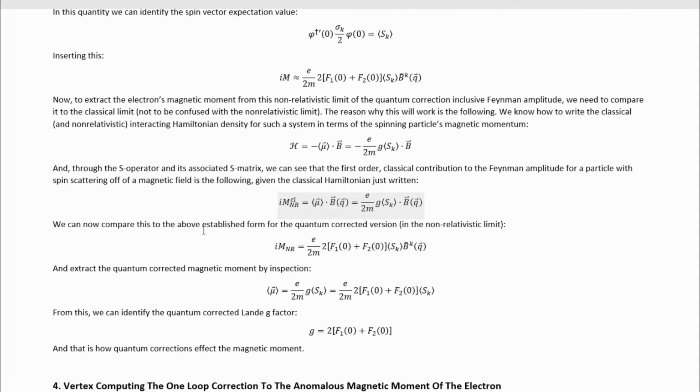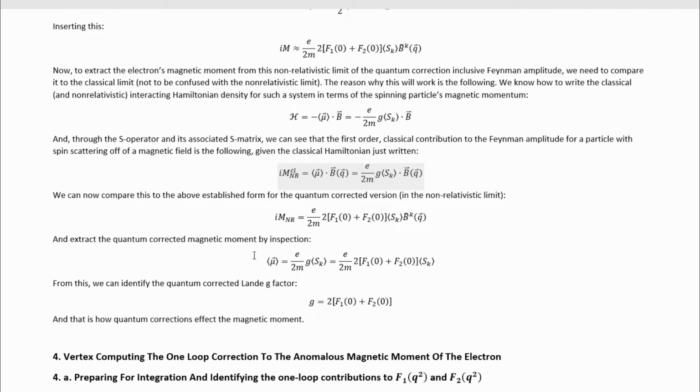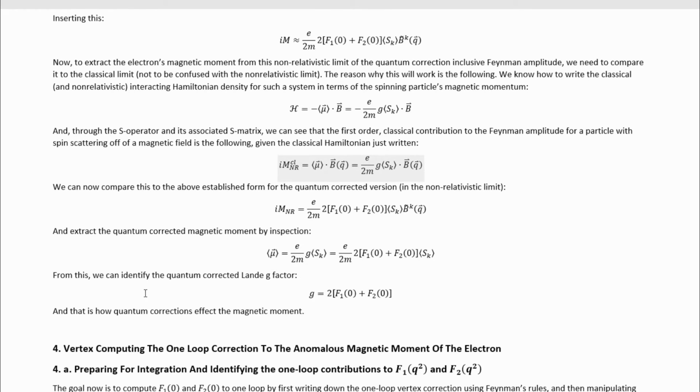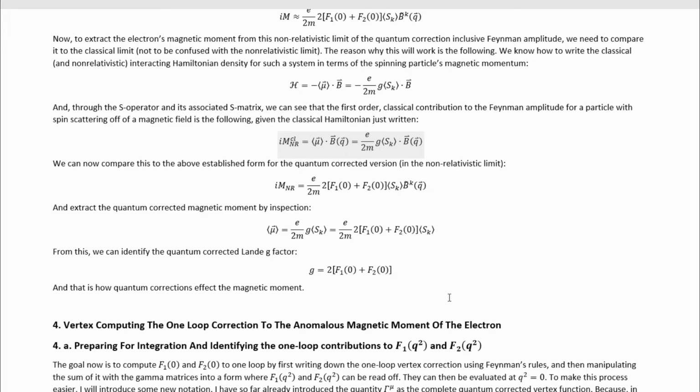We can then compare this to the above established form for the quantum corrected version in the non-relativistic limit, this quantity here, and extract the quantum-corrected magnetic moment by inspection, this quantity here, ultimately. From this, we can identify the quantum-corrected Landé g factor, this here, and that is how quantum corrections affect the